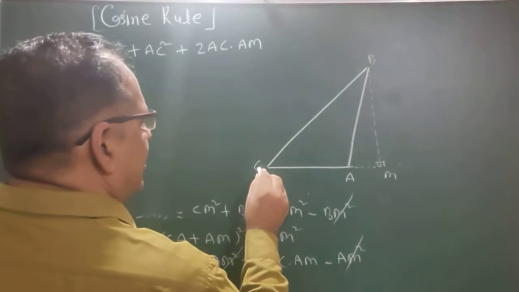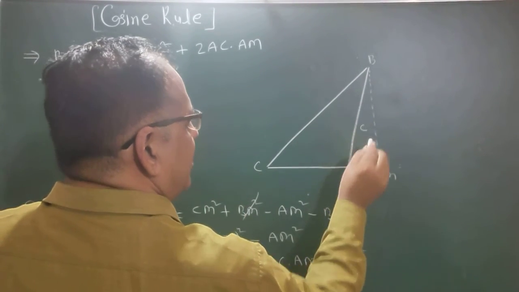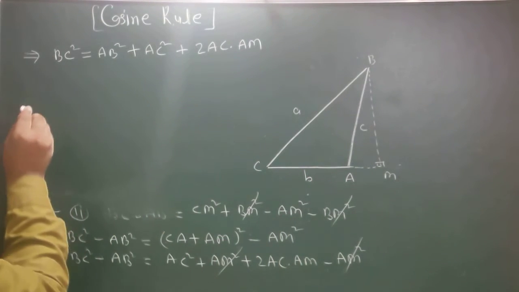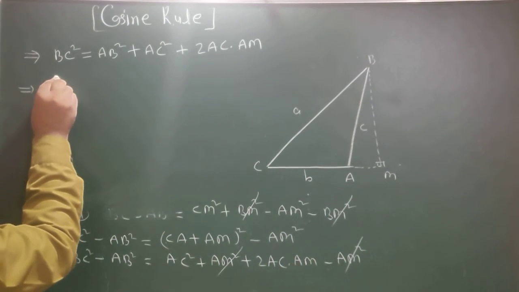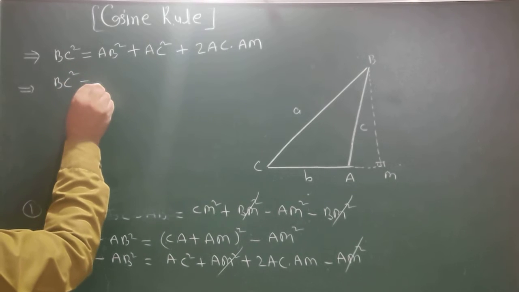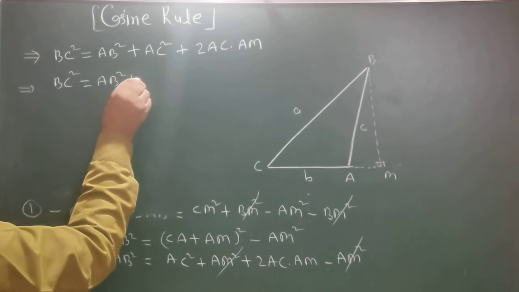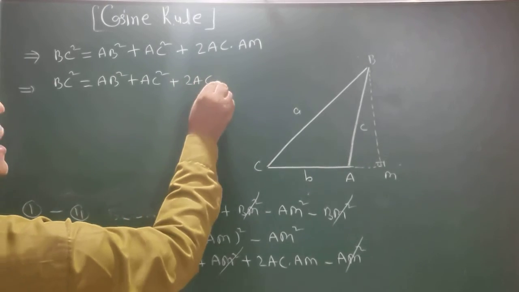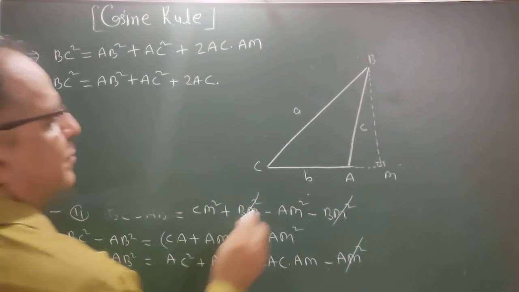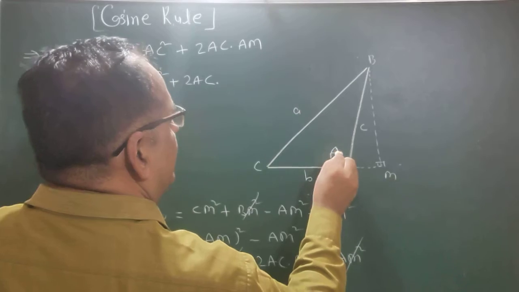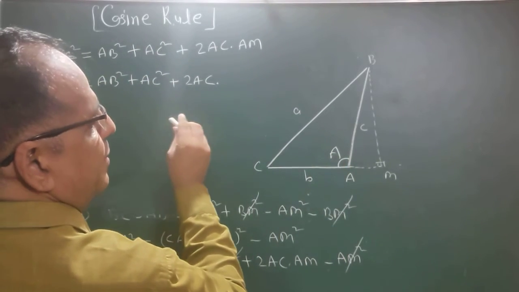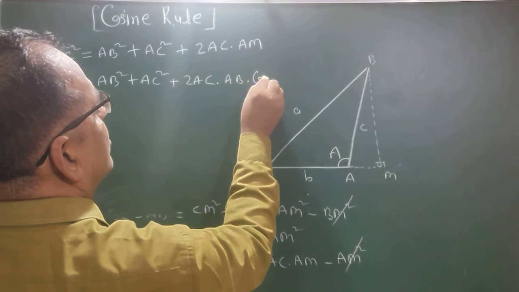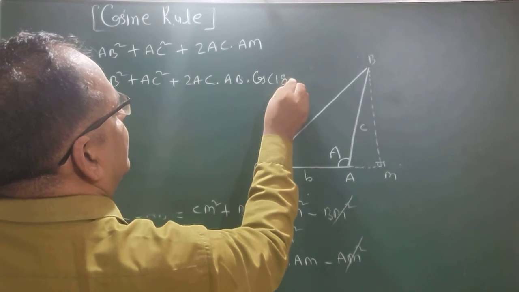So here the opposite side for angle C is this C, this is A and this is B. So now in the next step BC square is equal to AB square plus AC square plus 2AC and AM replaced by, this is angle A, AM replaced by AB into cos 180 minus A,